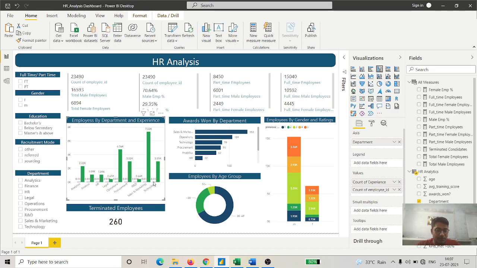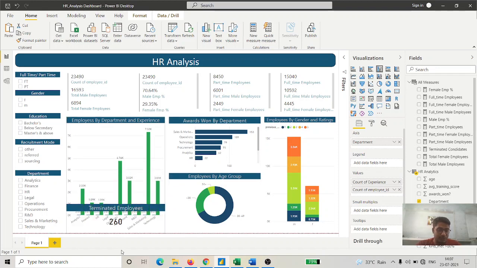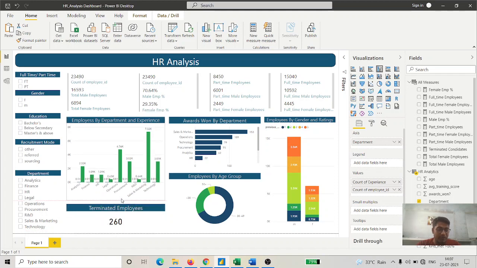Doesn't matter. But there is experience, you will be able to see that. Because of space it's not showing. I have already told you, the data is in the thousands, but the experience may be 1 year, 3 years, 5 years. That's why the data is so small and it's not showing.